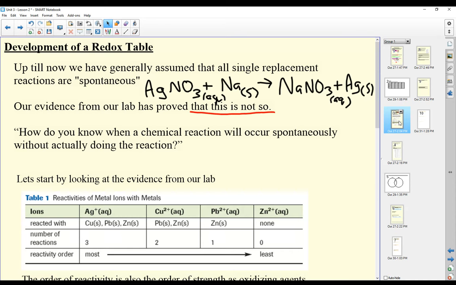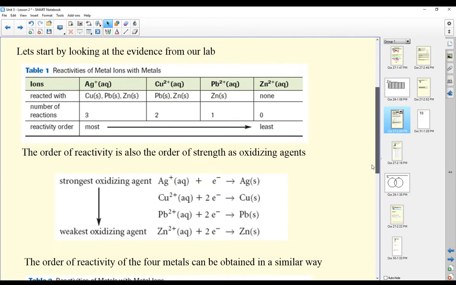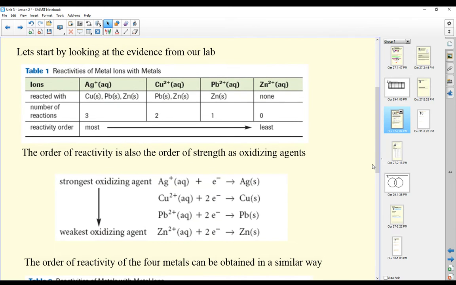First place we're going to start is by looking at the evidence from our lab. All right. So we have some reactivities of metal ions with metals. So let's say we did a lab here. We reacted some sodium ions, some copper ions, some lead ions, and some zinc ions with metals that include copper, lead, zinc, and silver. And what we found was that